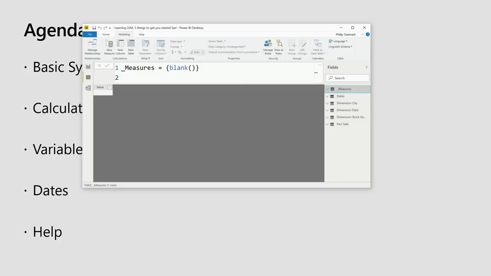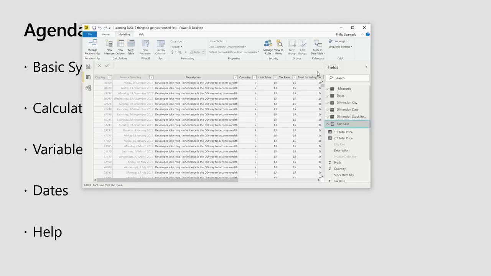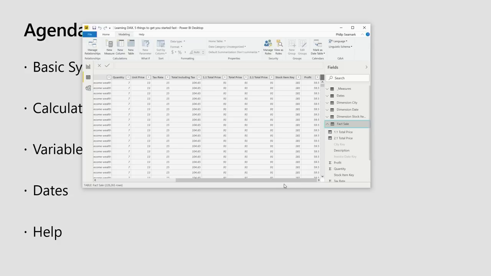So the next thing I want to do is have a look at adding columns. Now this should be very familiar to you if you're used to working in Excel. One thing I see with people who come from Excel into learning DAX and Power BI is they do tend to overuse columns. We'll talk about that in the next section. But I want to show you the basic syntax of adding a column to a table. We have a fact.sale table that has a number of columns. Let's say I just want to add a brand new column that's going to have a calculation.